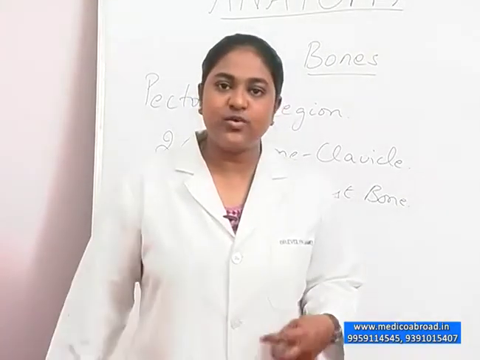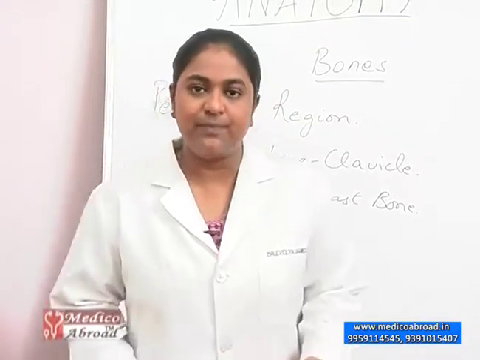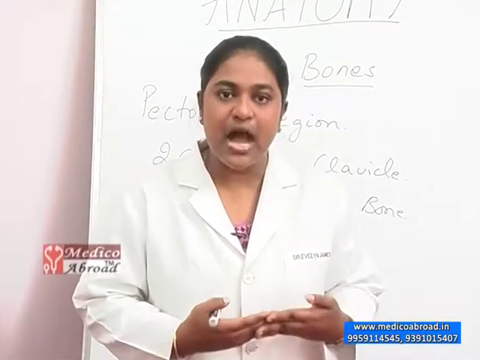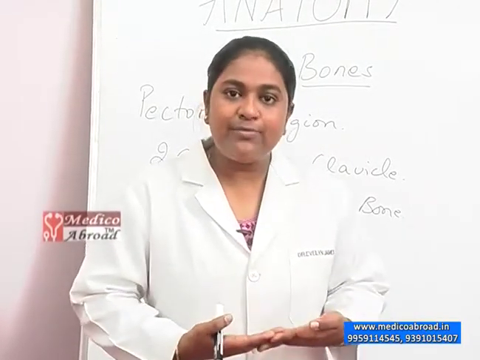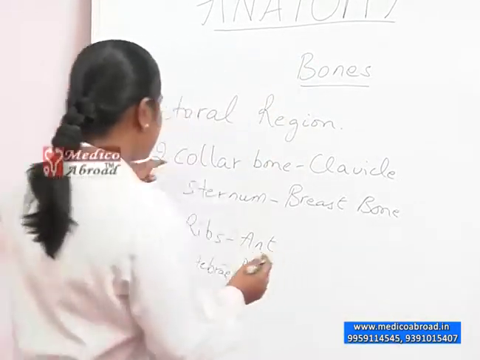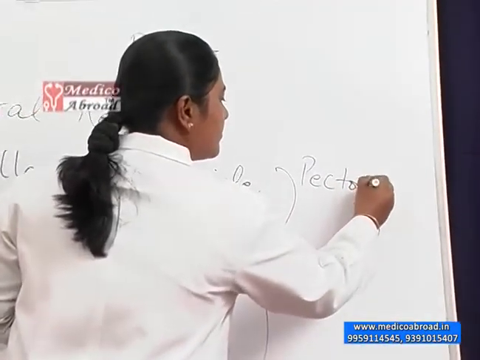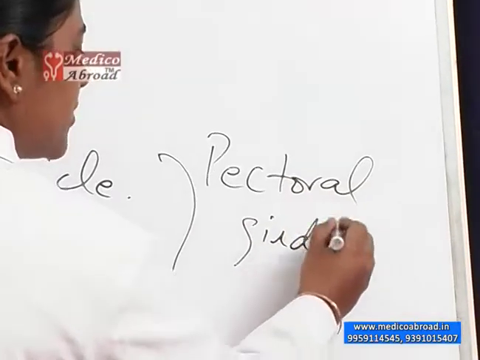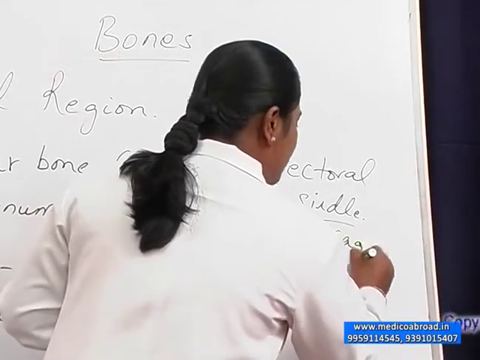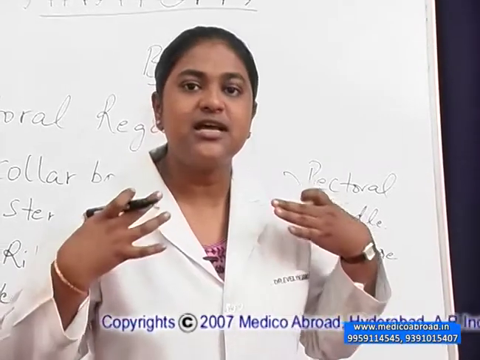In the axial skeleton, you have two parts. You have the pectoral girdle and you have the pelvic girdle. Pectoral girdle is present in the chest and thorax up to the abdomen. From the abdomen downwards, it is represented by the pelvic girdle. So, these bones actually come under the pectoral girdle. What does girdle mean? A cage. Girdle means a cage. This is the bony cage in the body which is present in the chest up to